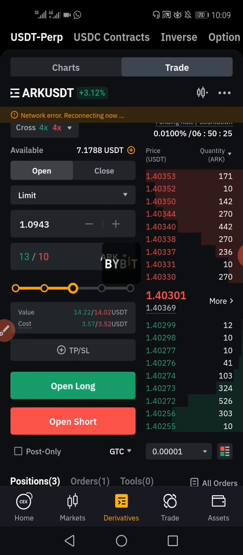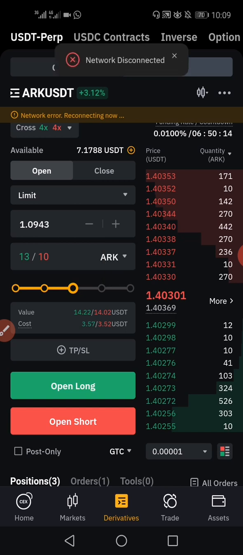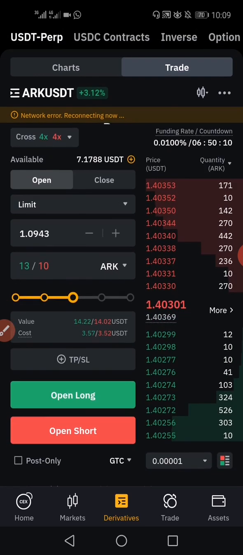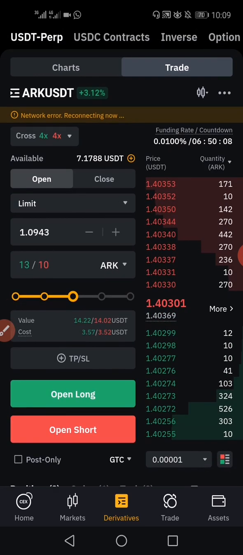Okay, network is having issue. Let's just wait for the network. Oh, network disconnected. Okay, so let's just wait for network to come up. The network is quite slow this morning. So that's it. So once I click on open long,